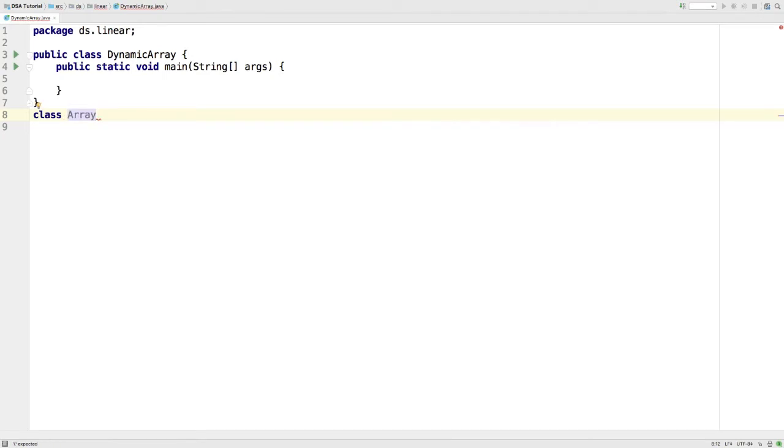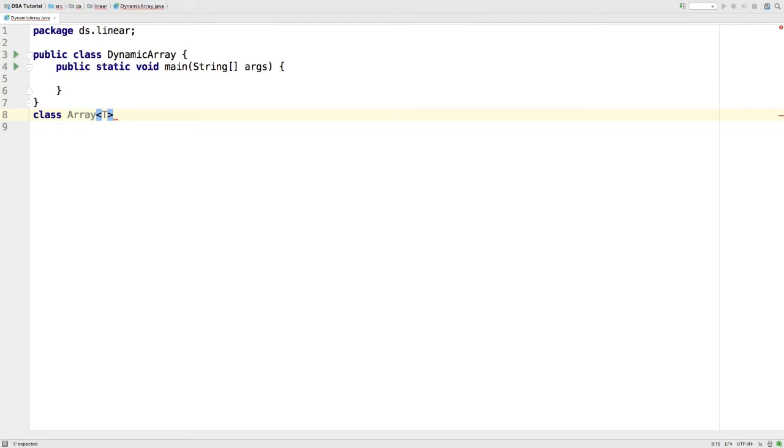I'll be using a generic data type of T. Usually what people do is they use integer or strings, but I want to keep it generic, so I'm using T as the data type. In this way we can store strings, integers, and even complex objects inside this array.